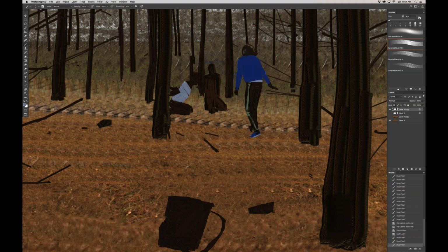And for now, I'm just getting the color down, but I think it could also be